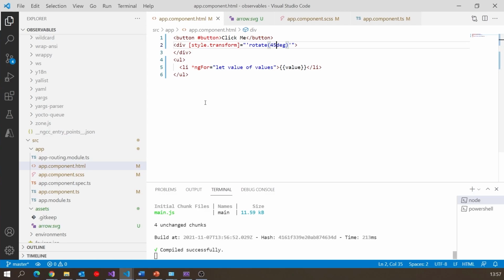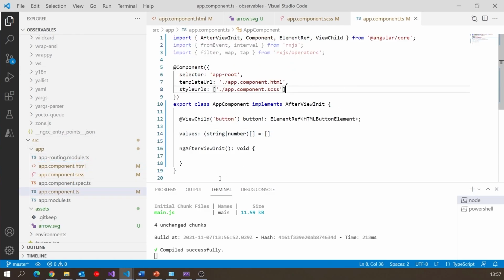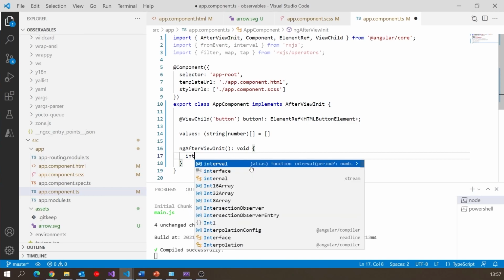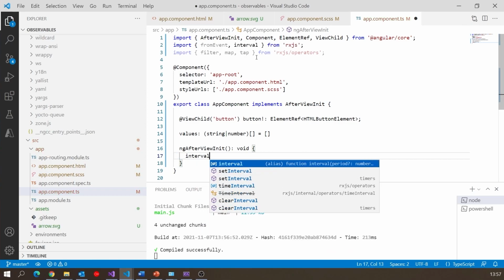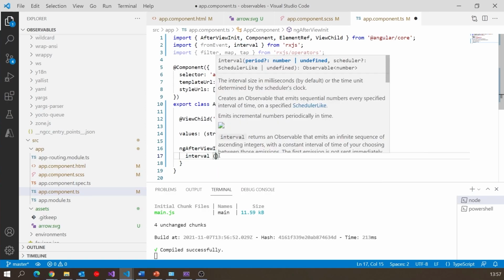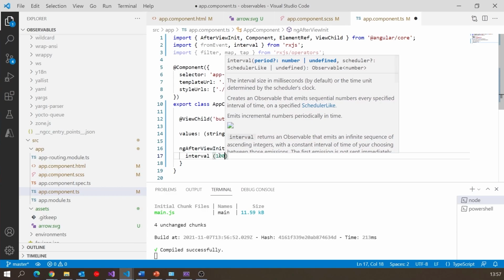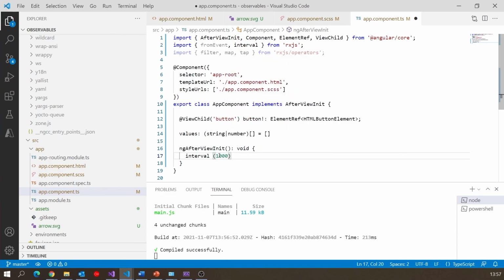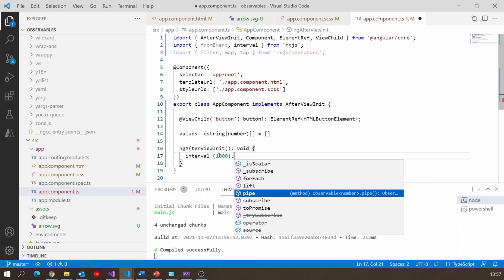So what I'm going to do is go to the TypeScript file, and then I'm going to, in here, declare a particularly convenient type of observable which does not terminate, and that is one called interval. You can see I've prepped things a bit, but I've got my inputs at the top there, so I'm going to start using interval, and then all we need to do with interval is we specify the period in milliseconds between each tick that we're going to have. So I'm going to say 1,000 on that, and so what we're going to do there is this observable will send out a result once a second.